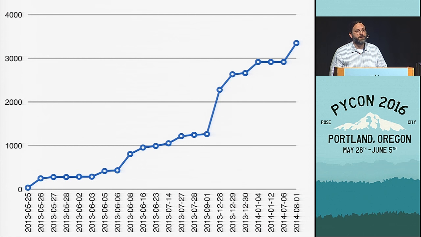Now, if I had been working on it full-time, rather than in my spare time, I still think it probably would have taken me a couple of months to implement the whole thing, because what the graph doesn't really show is all of the time that I spent between commits doing all of that research, experimenting with things, figuring out that I was going down the wrong path and deleting code, throwing things away and starting again. So while I've compressed the story down into 20 or 30 minutes here, it really, really took a lot longer than that. And it's not done.